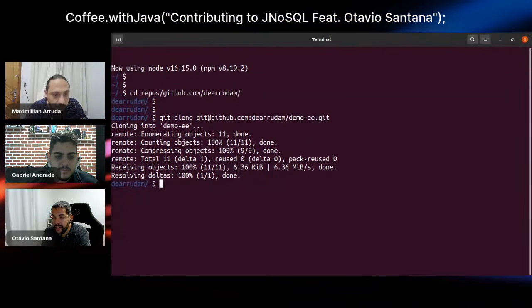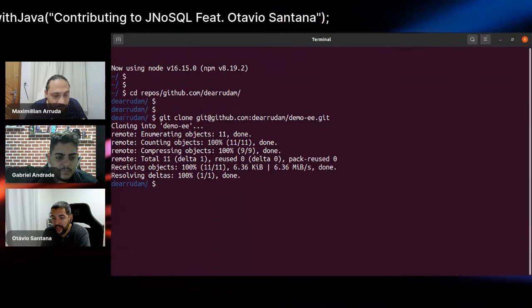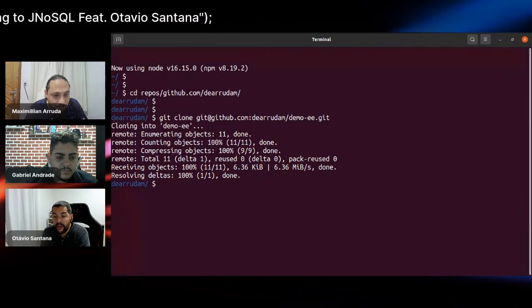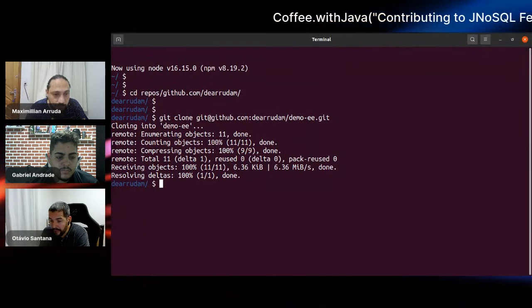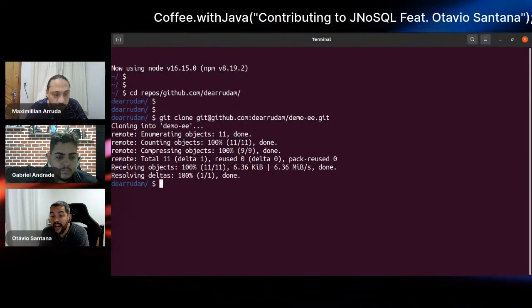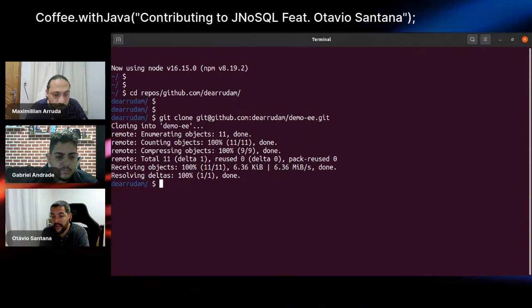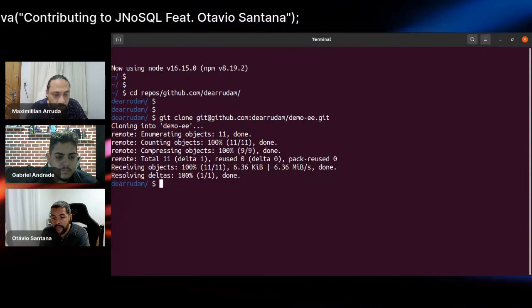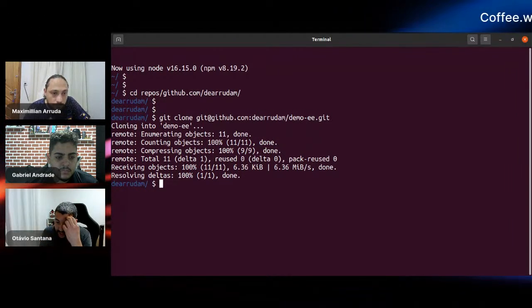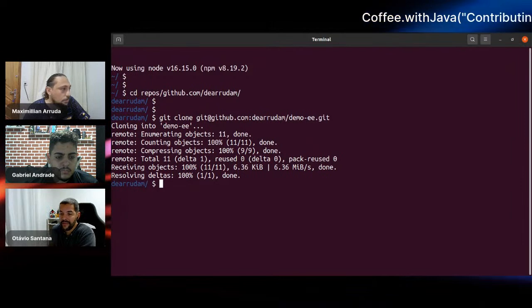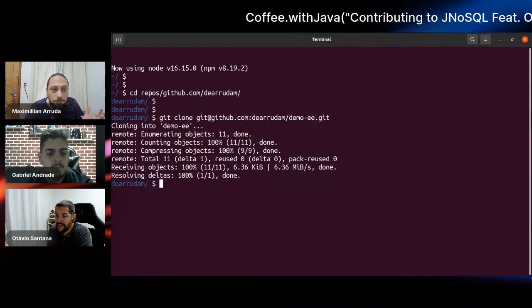One good thing to start: imagine that we have an MVP. Let's not use Jakarta NoSQL right now, especially because I need to leave, it's late. But what you can do is create the parent project and then create a MicroProfile project. In the next iteration, you can put Jakarta NoSQL there. Okay, so I cloned the project.